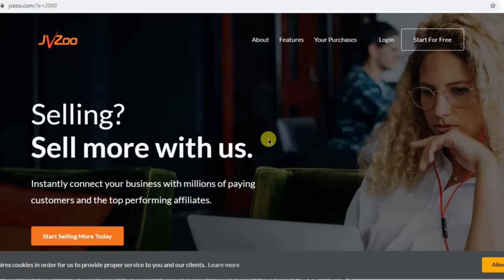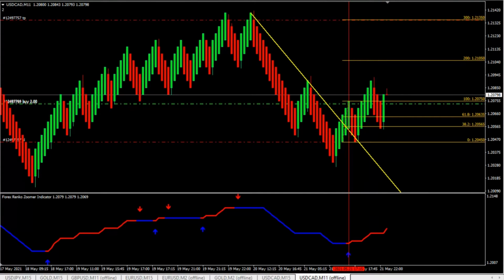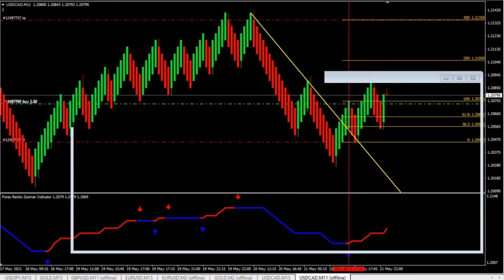But having said that, please read the article which is in the link below, and you can see how you can download the indicator and the trading template and use this on your MT4 trading system. Okay, so before we get started,